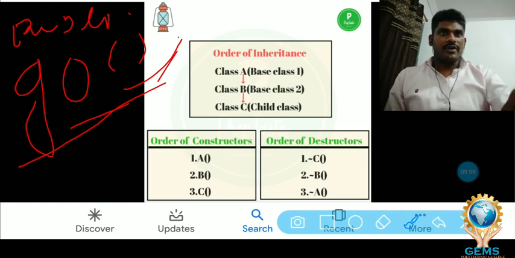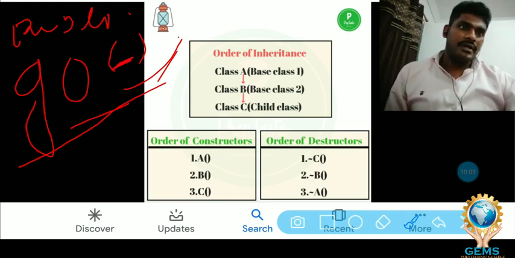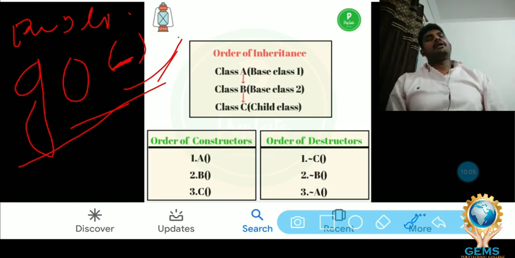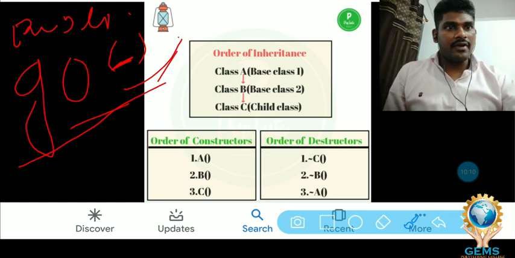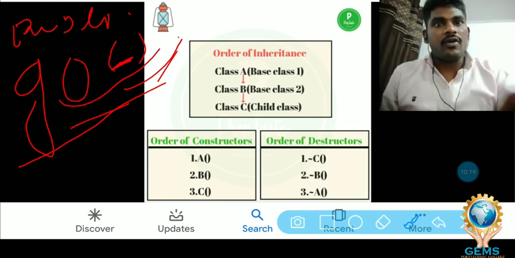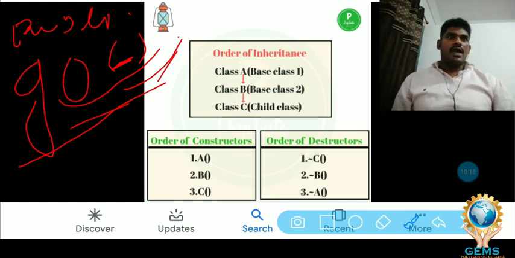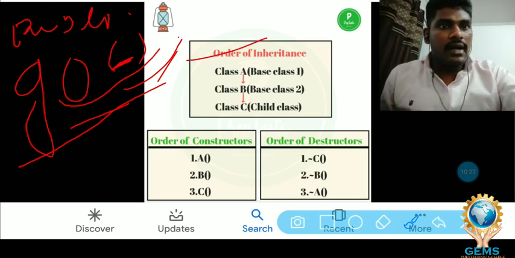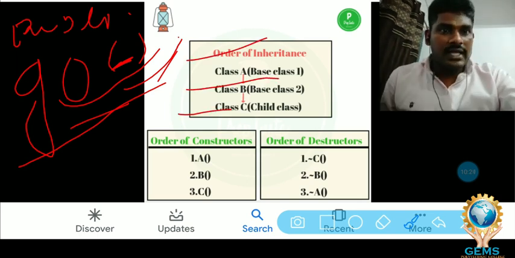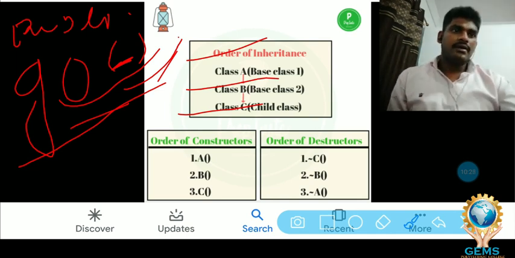Why is this called a default constructor? Because inside the brackets no parameters or initializers, no variables or arguments are declared, and this type of constructor is called a default constructor. In the same way I am creating the class A constructor, class B constructor and class C constructor, one constructor for each class.